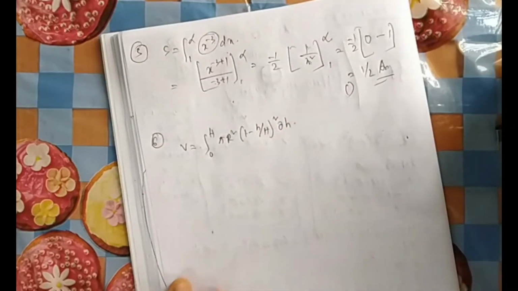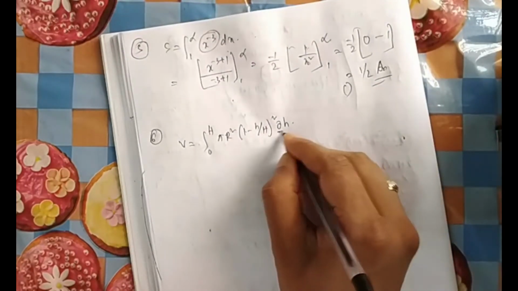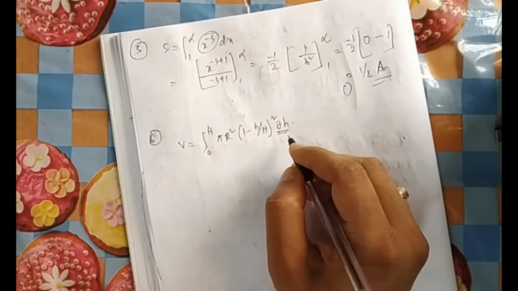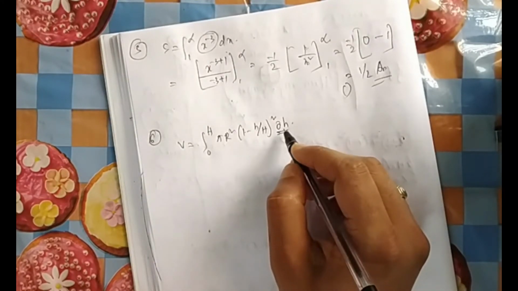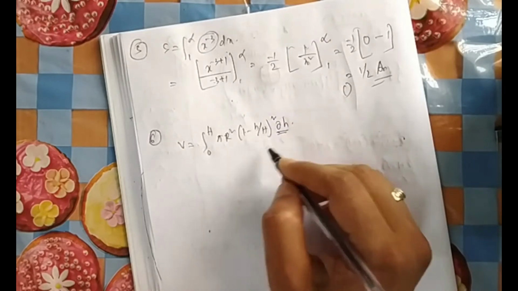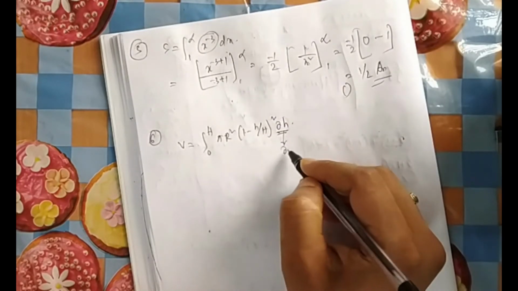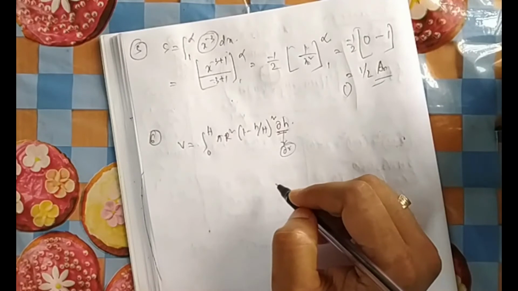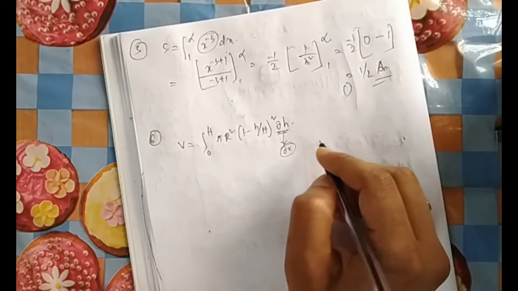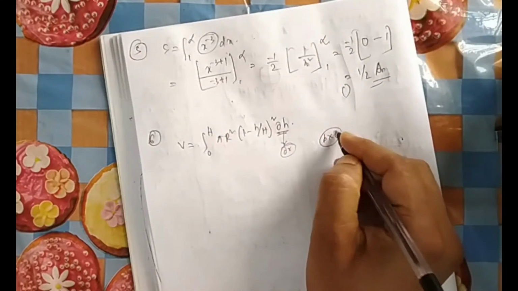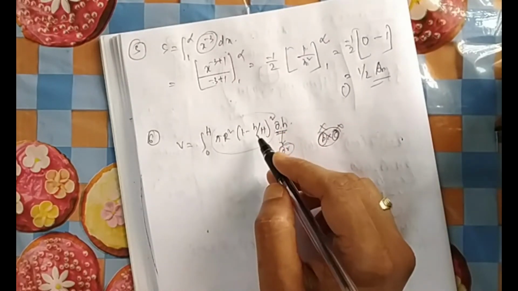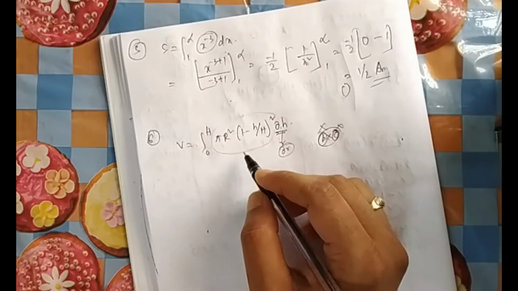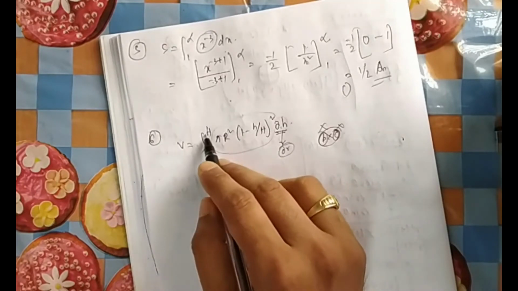Now if you see the options, there are options with dh and dr. So they have given in dh, the idea is to change the axis. That means you have to change this dh to dr. So obviously option B and C is already gone. B and C will not be the answer because if it is in dh, then the same expression will be the answer.